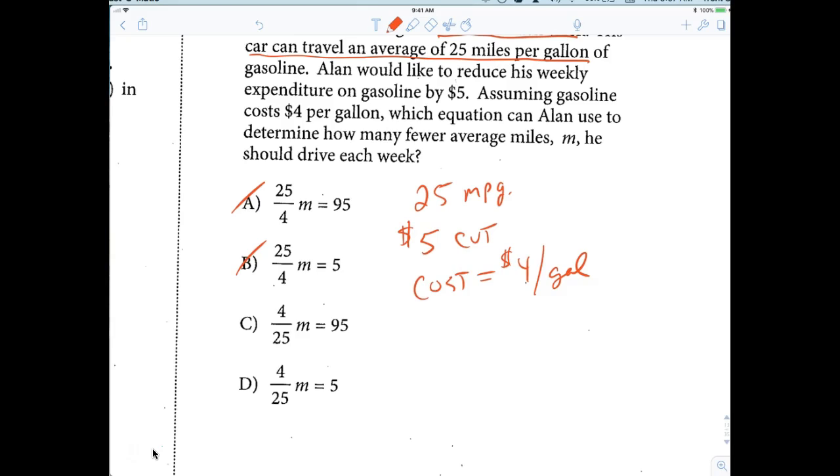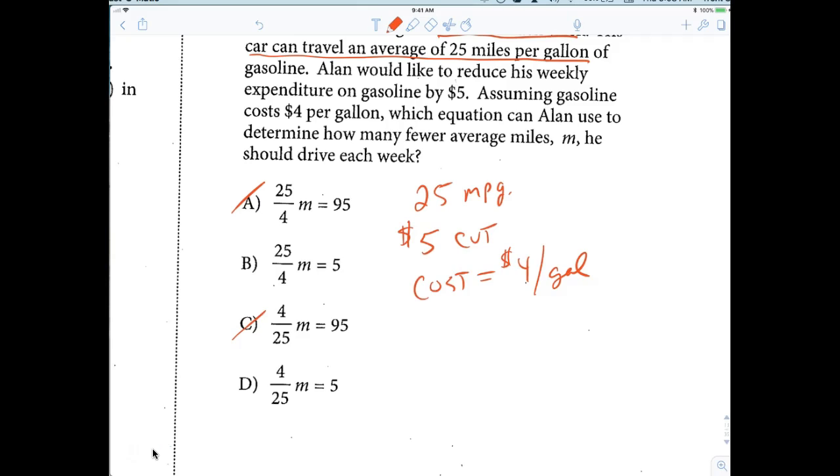All right. Very good. Now, listen. Don't be mad. Before I knew anything about this problem, I was easily able to identify that, and I don't understand why people are looking at 95. I knew the answer couldn't be A or C, because you're cutting $5, right? And 95, I'm not sure where that came into play other than the fact that